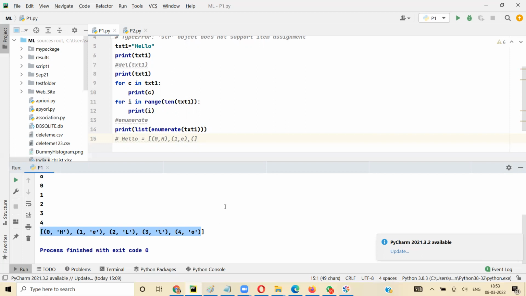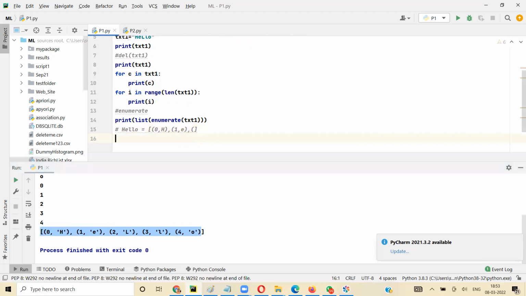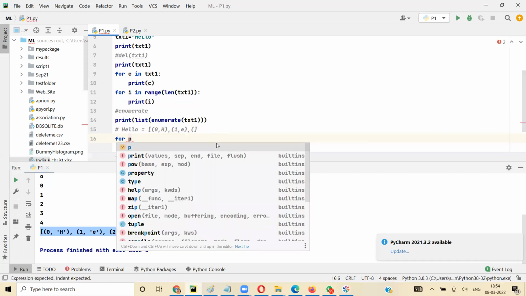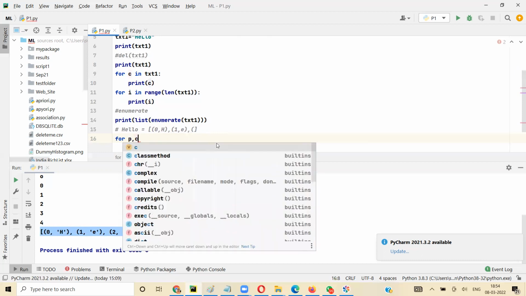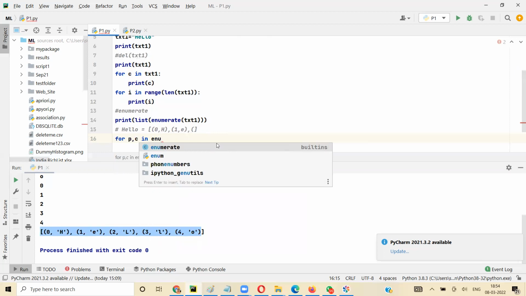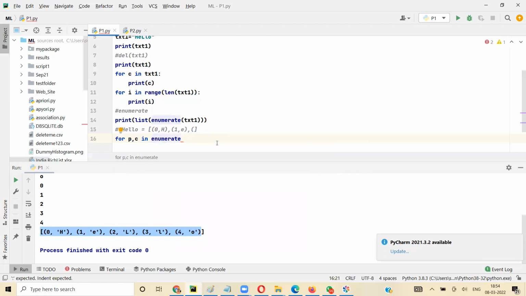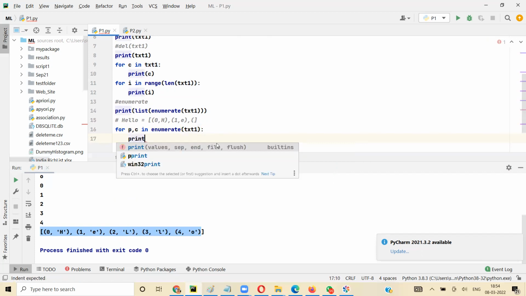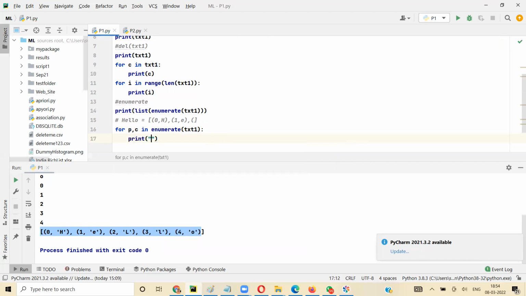So what I can do is create a for loop. In this case it returns 2 values, right? So I can say P for position, comma C for character, let's say for P comma C in enumerate, and you give txt1. Okay, print, I can say something like this: the character